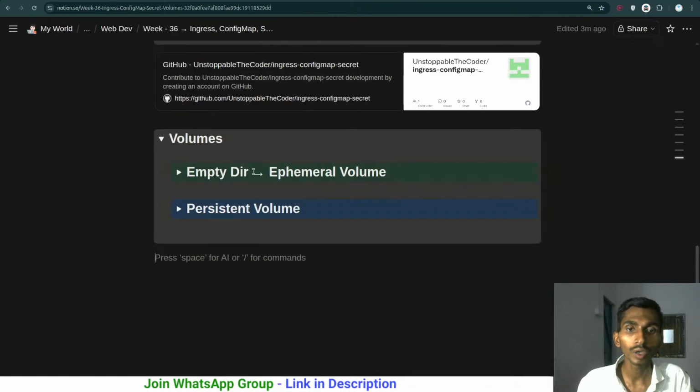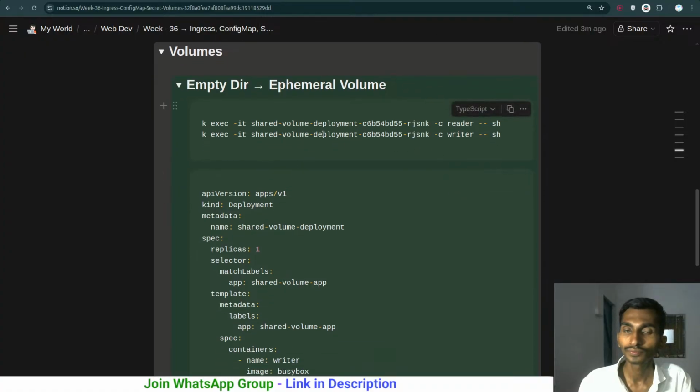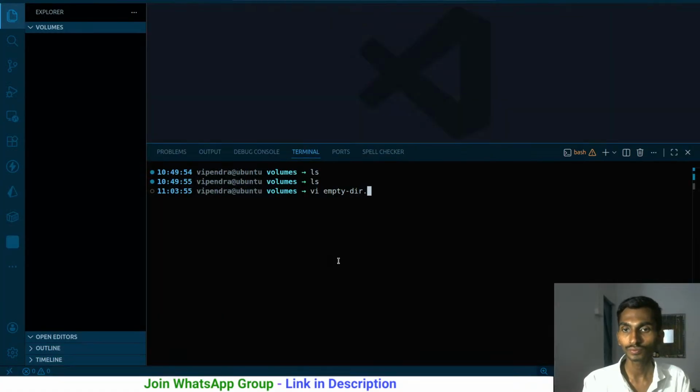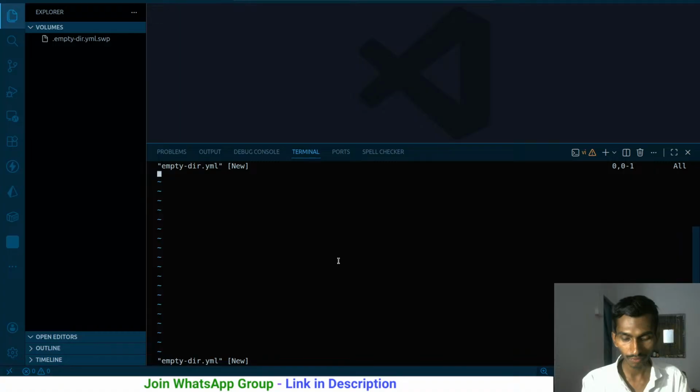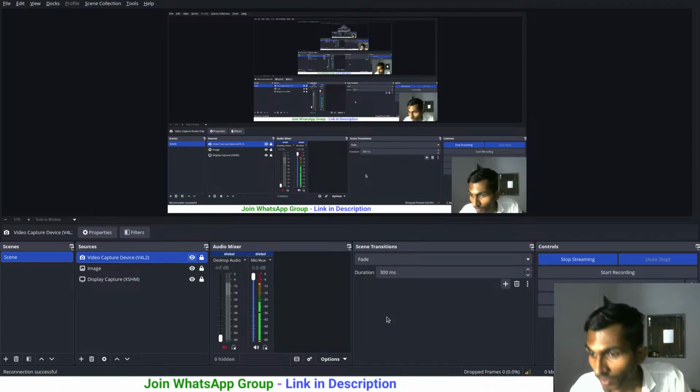And as for the code, we already have the code over here. When it comes to the emptyDir .yml file over here, it will have this code. I will be going through the whole code right now, but first of all let me just